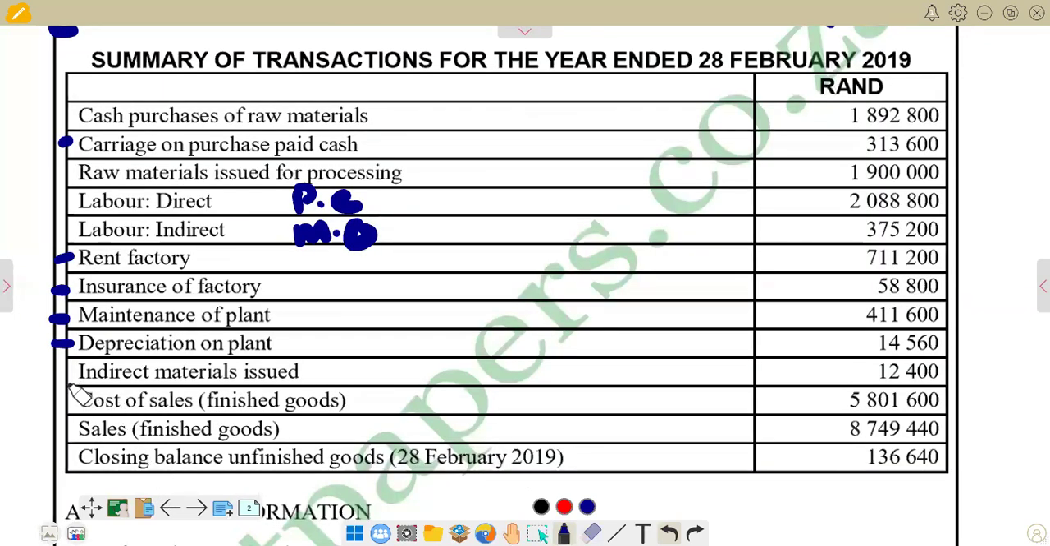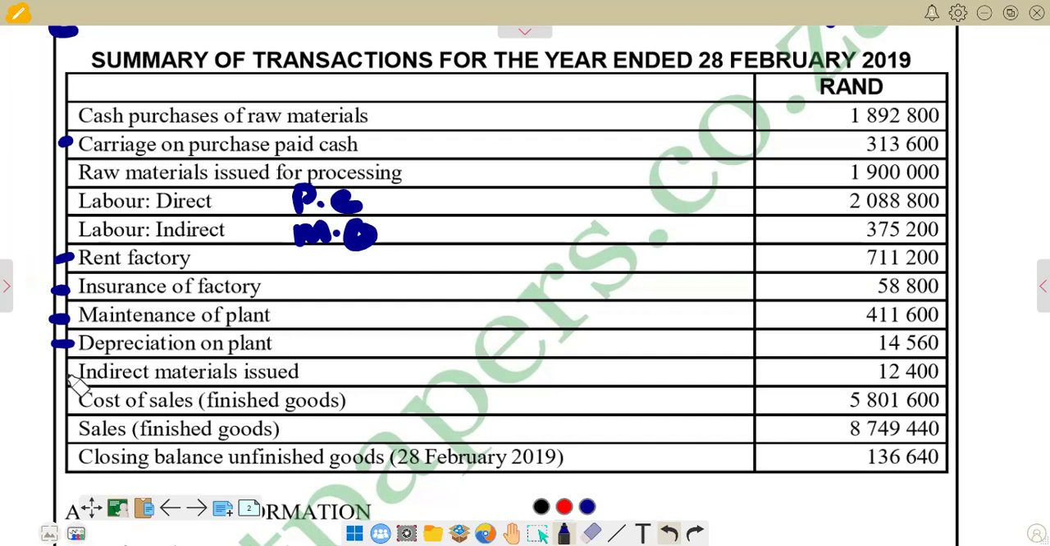Now we have indirect materials issued, which is 12,400. Remember the double entry that is involved in indirect materials issued: we are taking these indirect materials from the materials control. Materials are only taken from the credit side of the material control. When they're transferring, they transfer them as indirect or direct. When they are transferring as indirect, we credit material control and then we debit the manufacturing overheads. We have both the material control and the manufacturing overheads in our question,